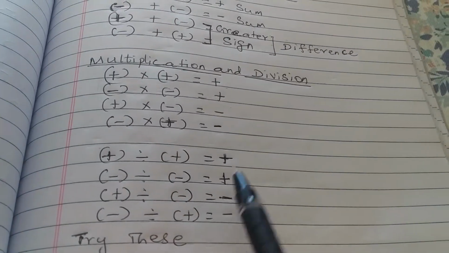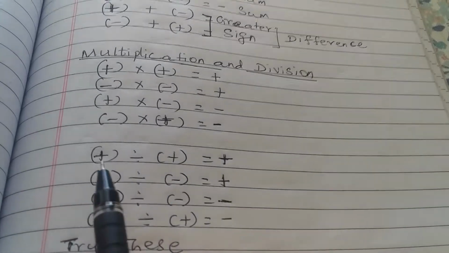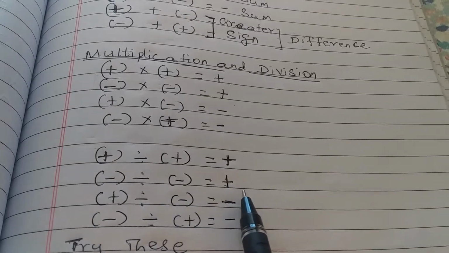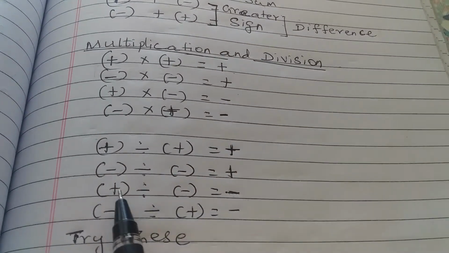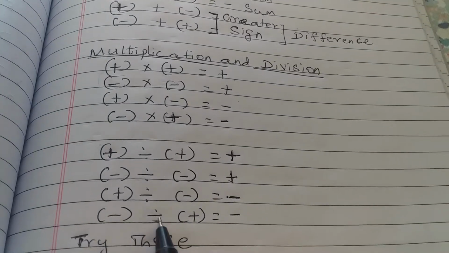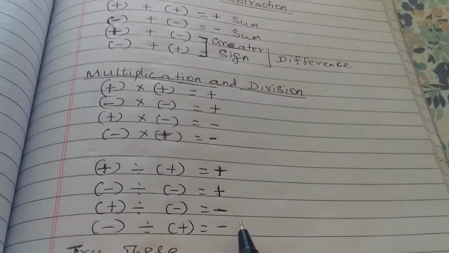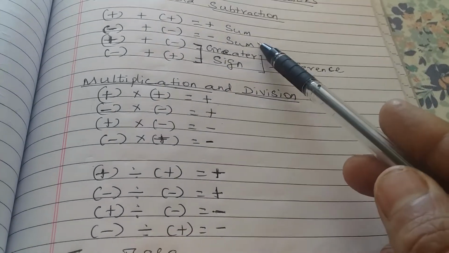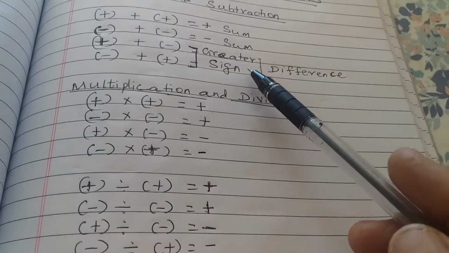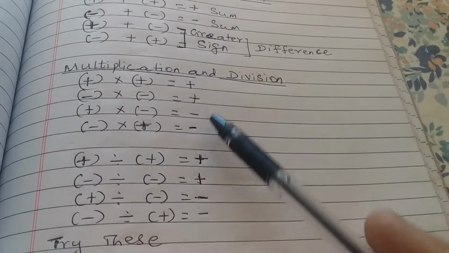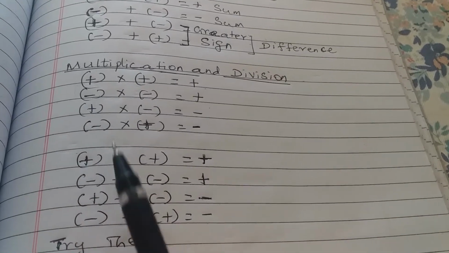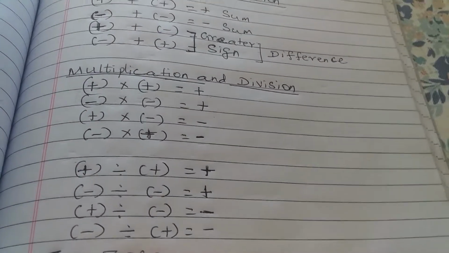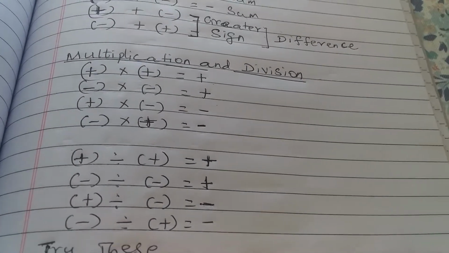Now division is also the same, just like multiplication rules. If you divide two same signs, it is positive. Plus divided by plus is plus, minus divided by minus is also plus. And when you divide two different signs, plus divided by minus or minus divided by plus, it is minus. So to put together, in addition and subtraction, if the signs are same, add and put the common sign. If the signs are different, subtract and put the sign of the greater number. In multiplication and division, multiply or divide the same signs, it is plus. Multiply or divide the different signs, it is minus. That's all. And the rest is just the operations we have studied in the junior classes.